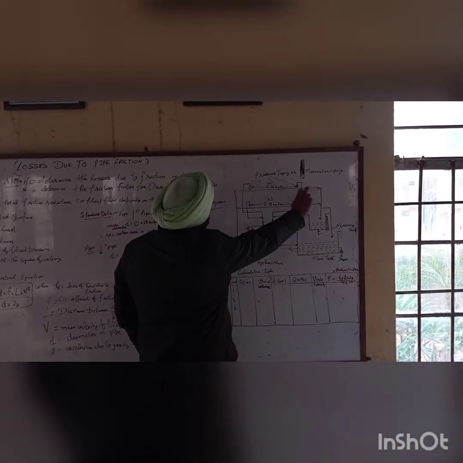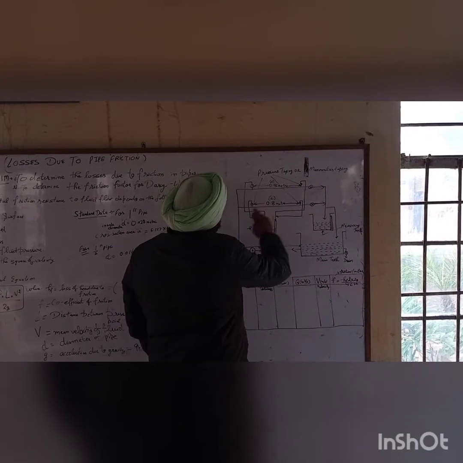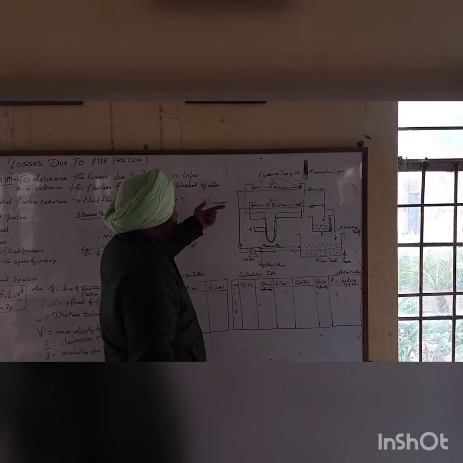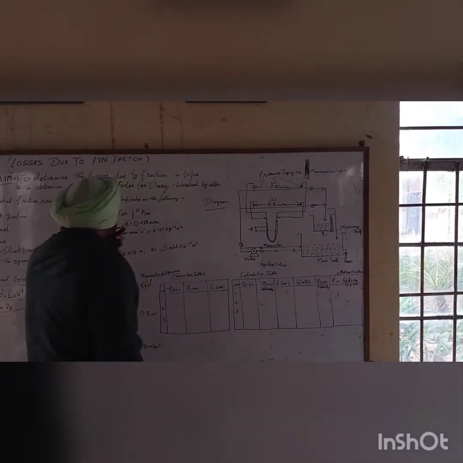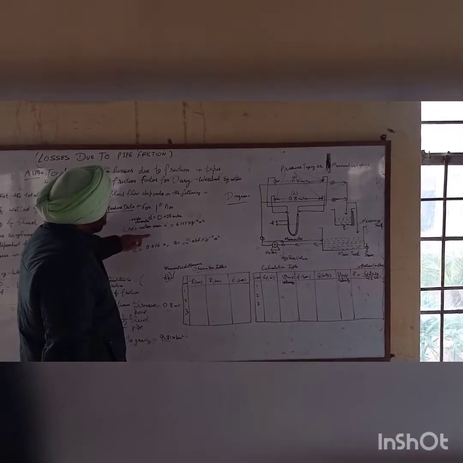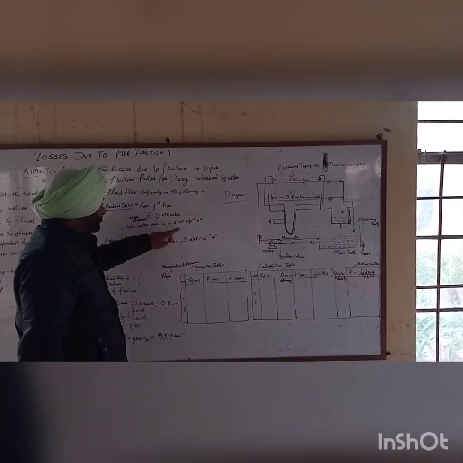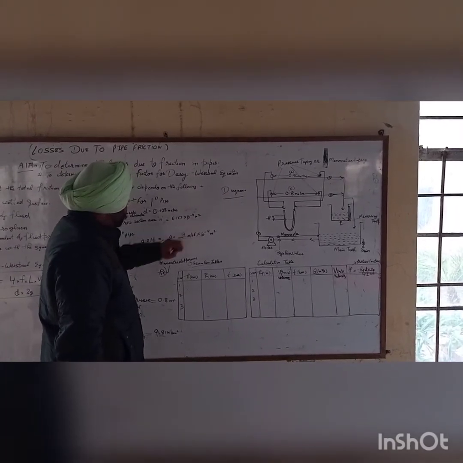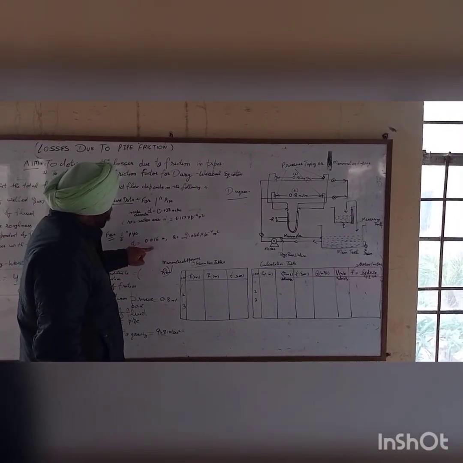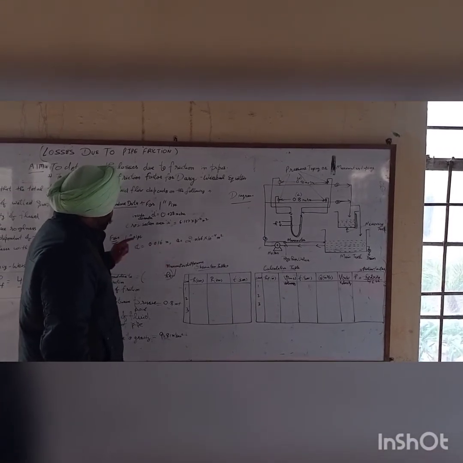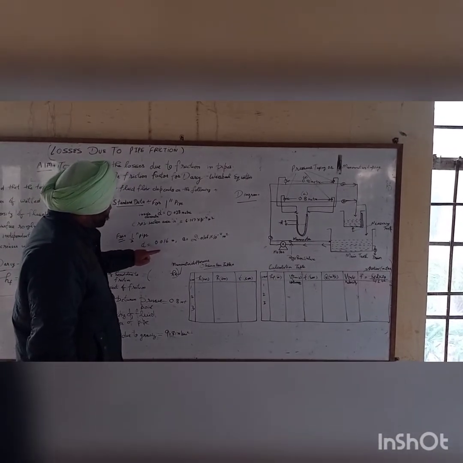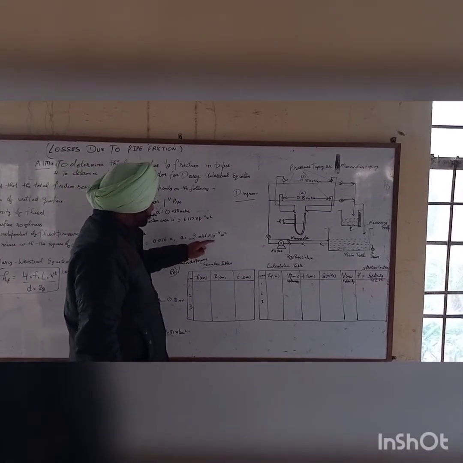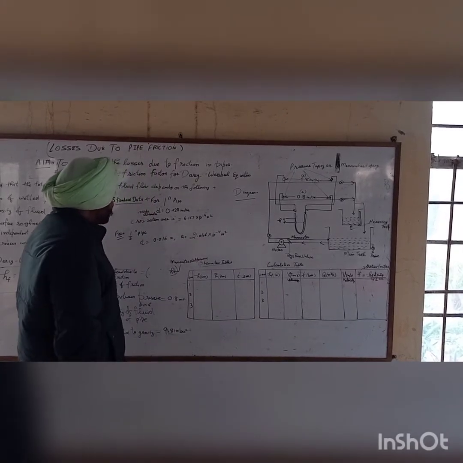So for this, first of all, this is the apparatus, the diagram of that apparatus. We are having two pipes, one on the top and another at the bottom. एक का डायमीटर हाफ इंच है, एक का डायमीटर 1 इंच है. तो जो हाफ इंच वाली है उसका क्रॉस सेक्शनल एरिया है 6.157 into 10 raised to power -4 meter square. Similarly, the diameter of the second pipe, that is the half inch pipe, is 0.016 and its area is 2.0106 into 10 raised to power -4 meter square.